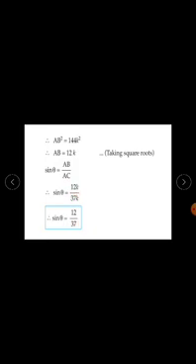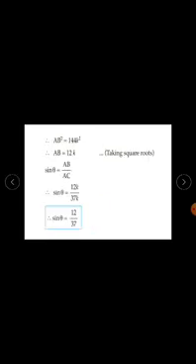Now find out tan theta. Tan theta means the tangent ratio. It is the ratio of opposite side upon adjacent side, and opposite side is AB and adjacent side is BC. So tan theta equal to AB upon BC. The value of AB is 12K and BC is 35K. Now cancel K from numerator and denominator. Therefore tan theta equal to 12 upon 35. So sin theta equal to 12 upon 37 and tan theta equal to 12 upon 35.